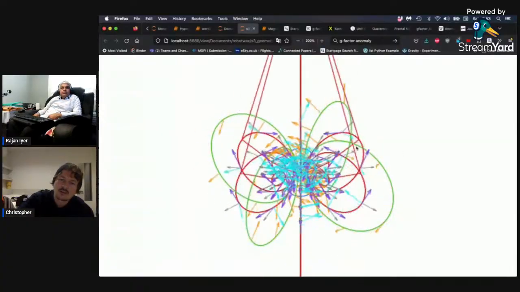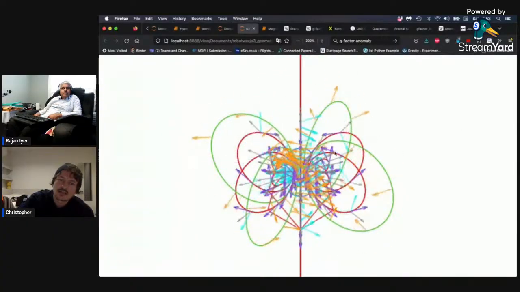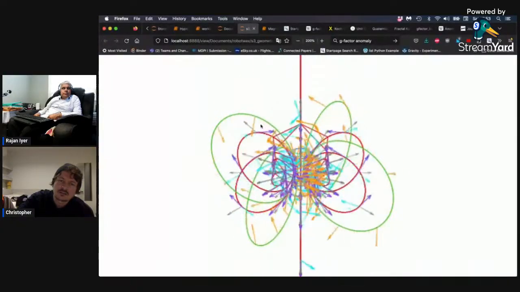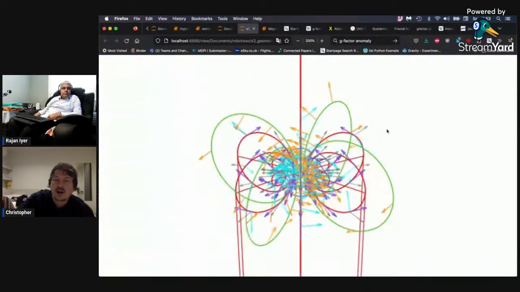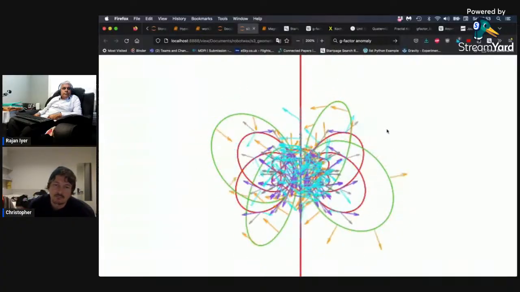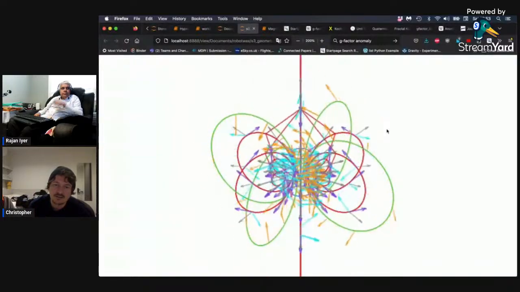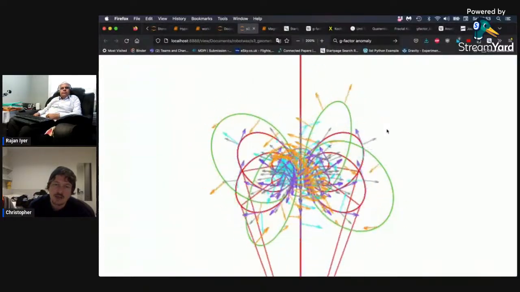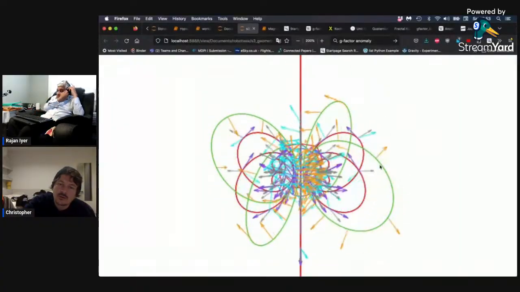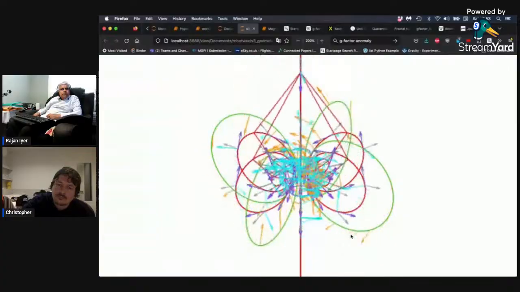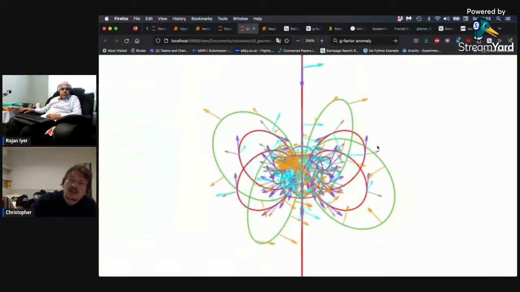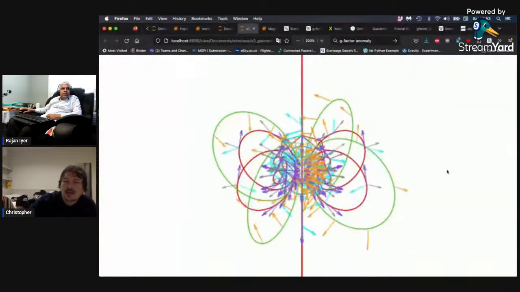orange vectors on these parallel lines, they're also the electric field, okay? And then the gray ones are, because we have a four-dimensional field that's being projected from Quaternion space down into R3, we also have a fourth vector, which is now the gray ones. So, yes, and so if the orange ones are, excuse me, yeah,